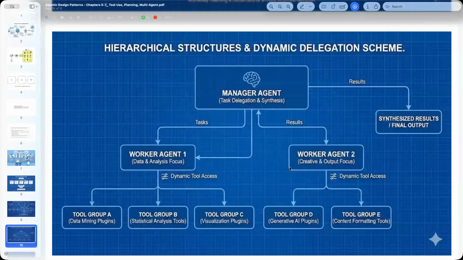Another idea is to use hierarchical structures and basically have a coordinator, like a manager agent, that uses other agents kind of like tools. So the manager agent spins out other agents, or asks the other agents to do something, waits for the results, and then does something else. So the biggest downside of this kind